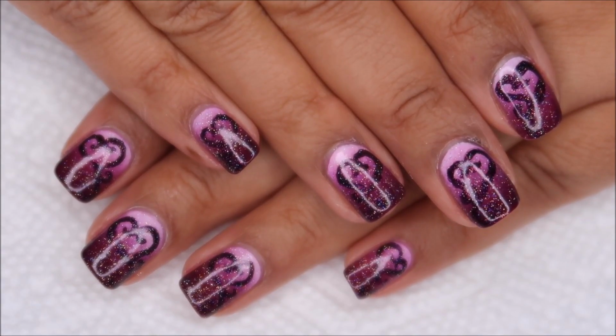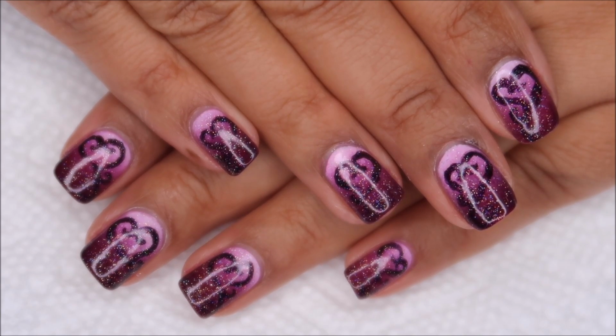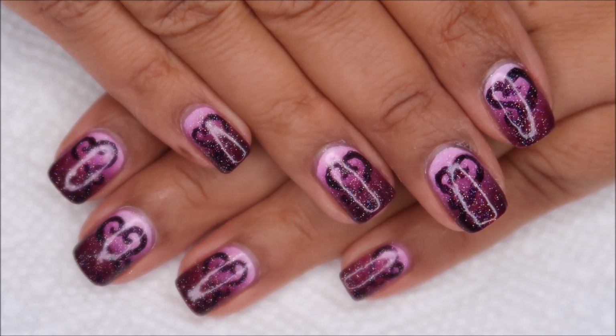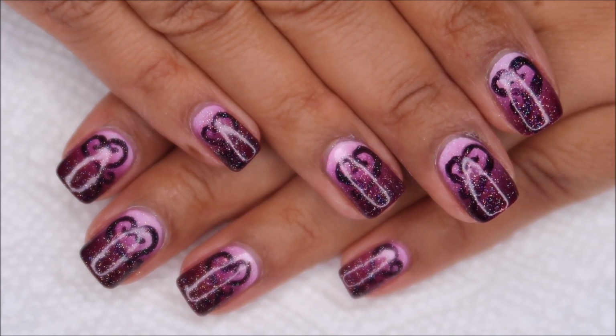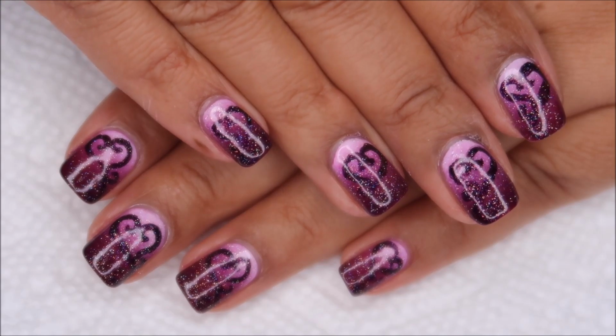So here's the finished manicure, and I'd had these colors out to use together for quite some time, so I'm really glad that I finally got around to using them, and I'm pretty pleased with how this manicure turned out. Had a couple other ideas for what to do on top of this gradient, and I'm not quite sure I'm ready to let those go, so you may see this color combination appear again with something other than the hearts